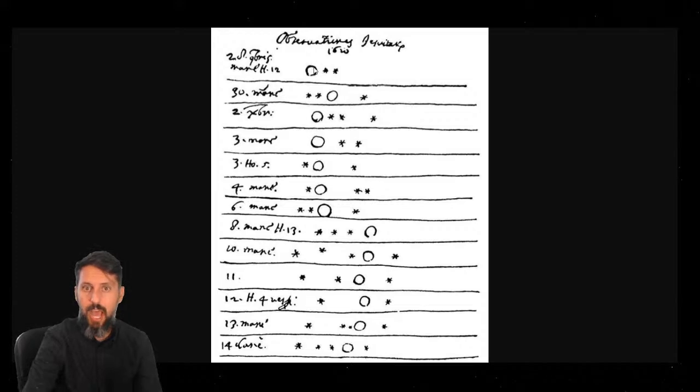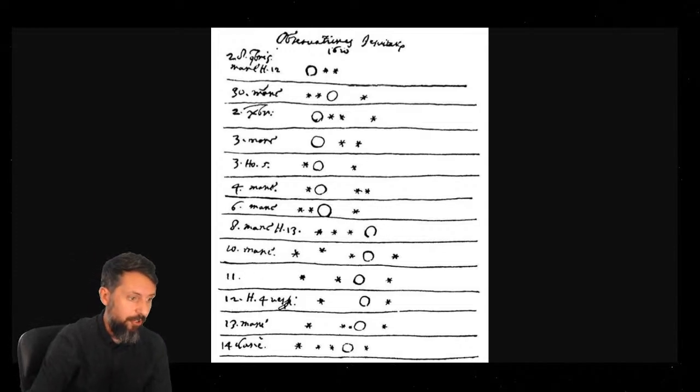What these dots are, he noticed that over time, these dots were moving around the object. And that was weird to him, right? And so here's his picture of that. You see the dots, the circle, which is Jupiter, and the dots moving on either side, and the date over here on the side. And what he discovered,